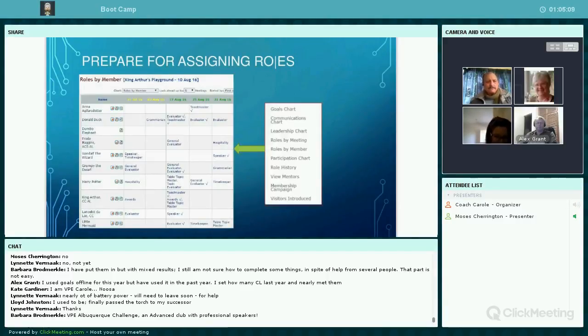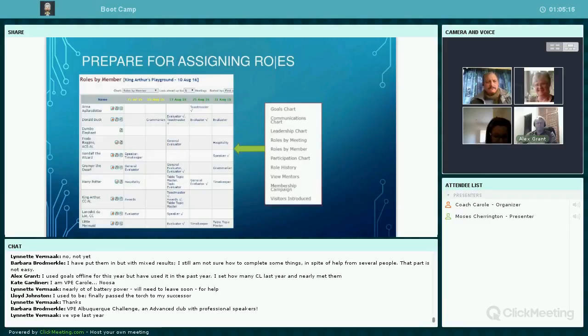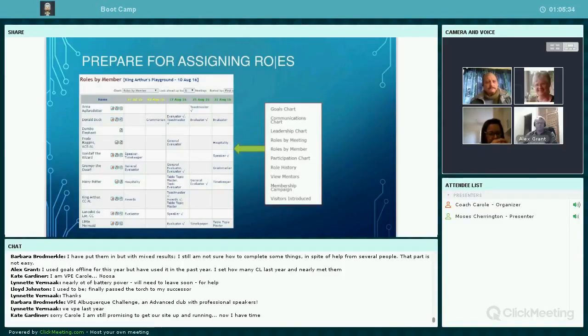One of the things that I find, dare I say it, is that some of our members are a little bit lazy and need prodding and need coercion and will not always know what roles they've done over the past couple of meetings. They're busy people, they have other things on their mind. So I need a very simple tool that helps me to help them. And the roles by member is the one that I use.